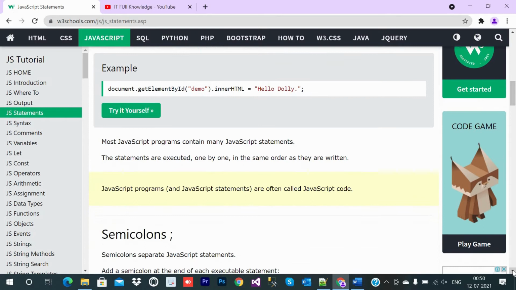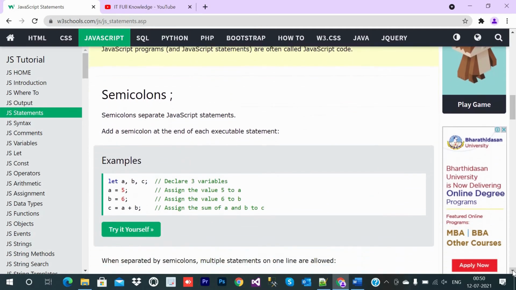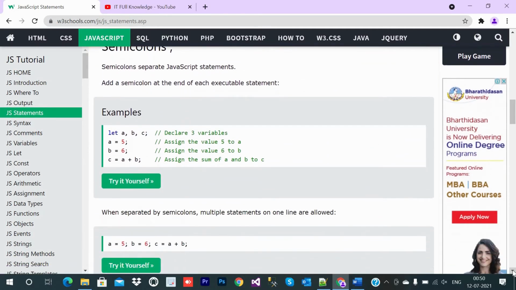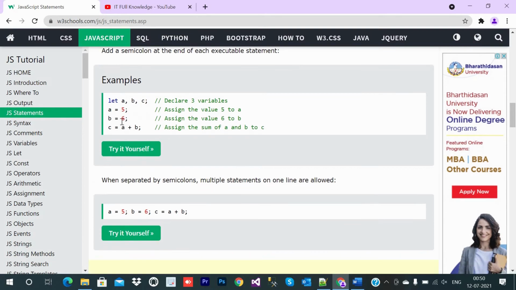After that we will learn about why we use semicolons. Semicolons separate each statement. When a statement is closed in that line, we need to give a semicolon, and the next statement will be separated from it. Like we write in 3 lines here, a equal to 5, b equal to 6, c equal to a plus b.